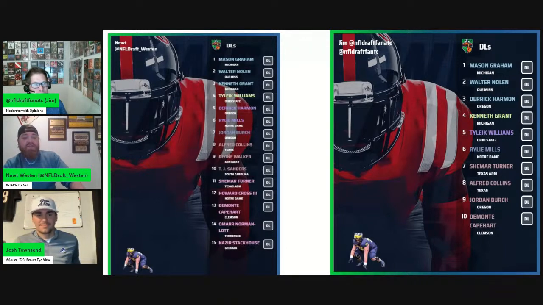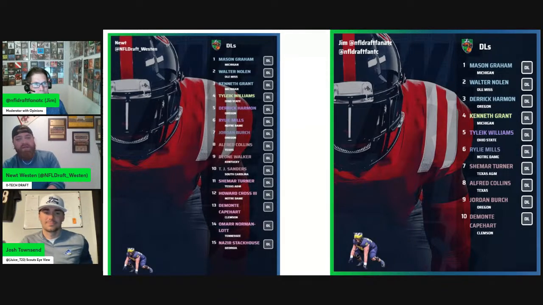He does a lot of things really well in terms of the finer points. He's a really good tackler, and that bodes well for his run defense grade. He's going to be a player I could see continuing to grow throughout this process. So I have him a little bit higher than TJ Sanders.